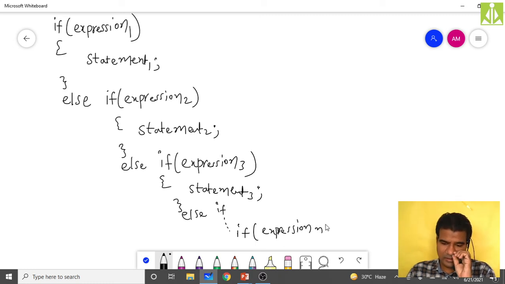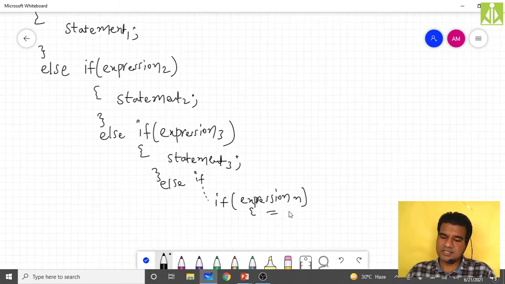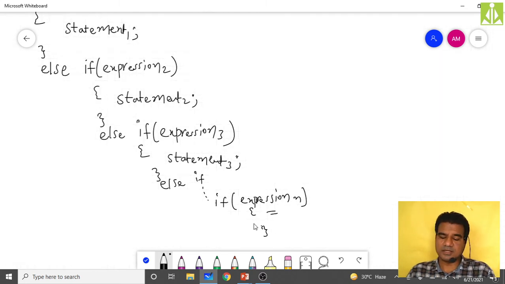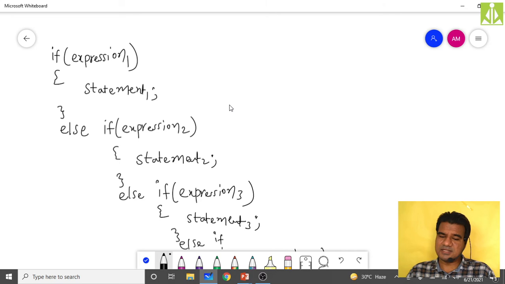To break this, simply ignore the else part at the end, like this. In this way we are framing a ladder kind of thing, isn't it? A ladder with steps. Because of this reason, we call such statements an if else ladder.